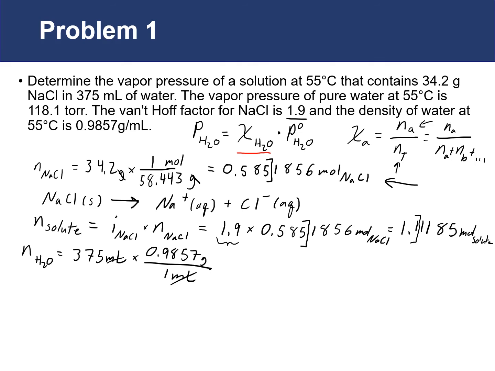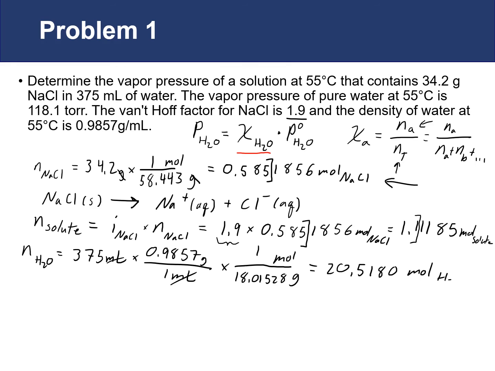Our milliliters cancel out. Multiply this by 1 over our molecular weight. Moles on top, grams on bottom. 1 mole is 18.01528 grams. This will give 20.5180